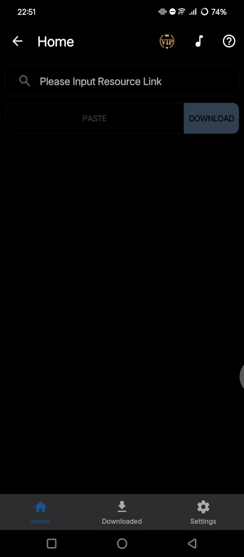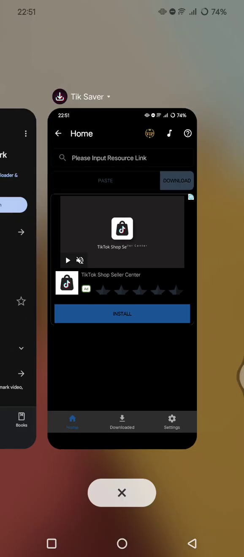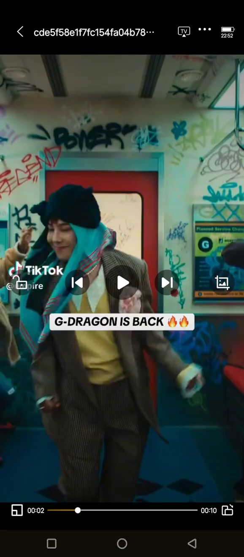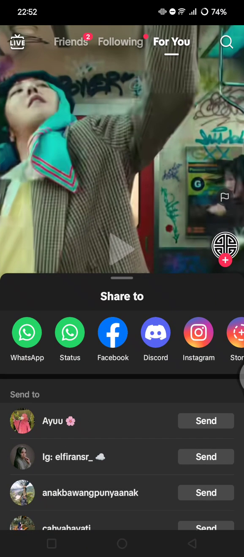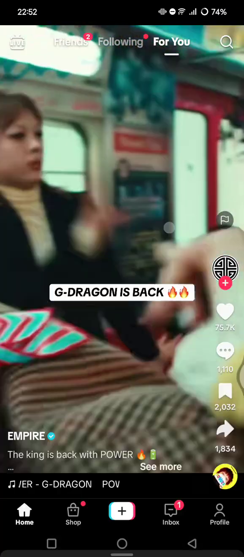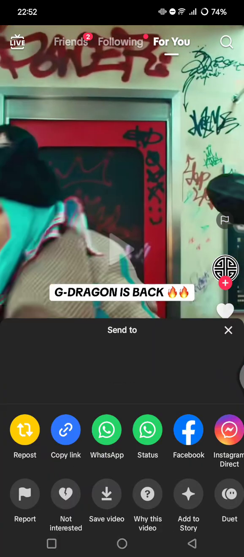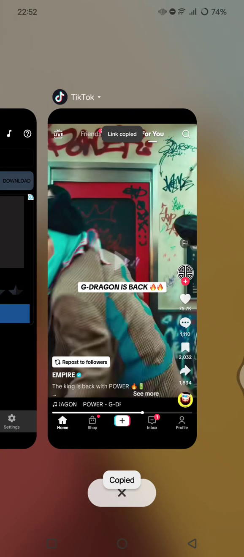So what you need to do is just paste the link, the TikTok video link that you want to download. So let's go back to TikTok again. Okay, this one's right here. So this is the video that I previously saved. So you can just click on the share button, tap on copy link, and now you can just go back